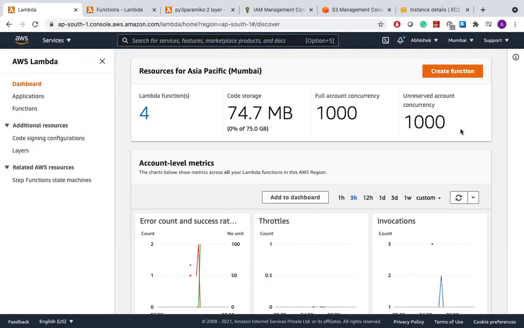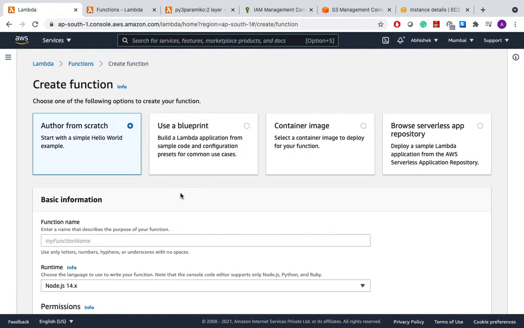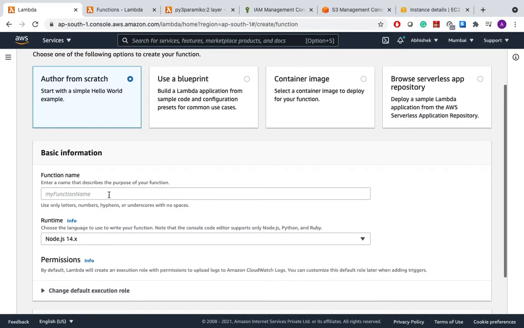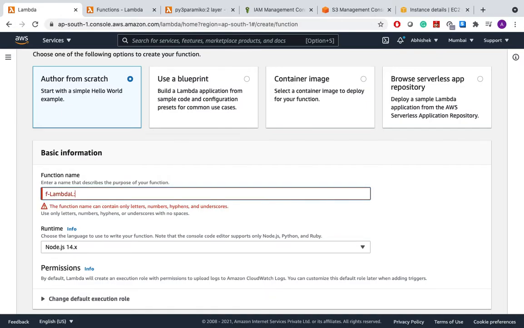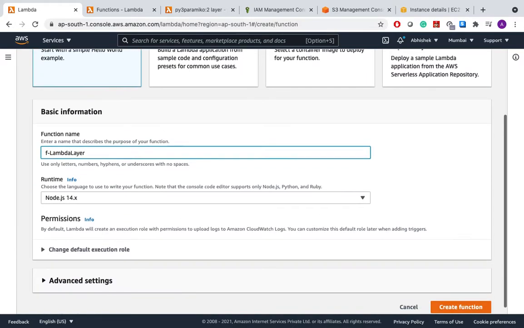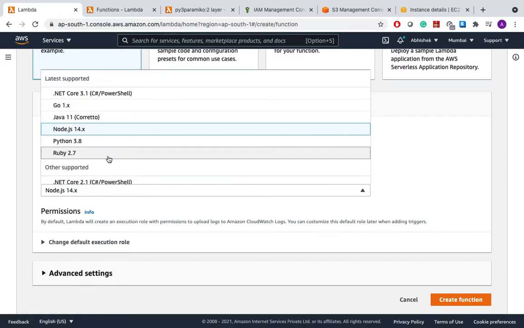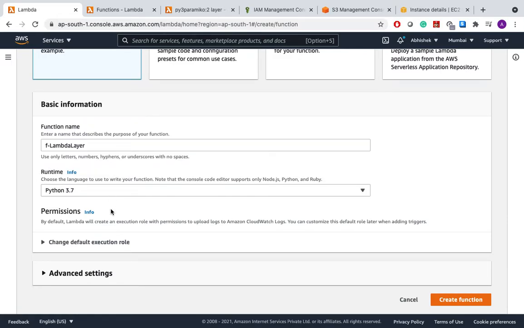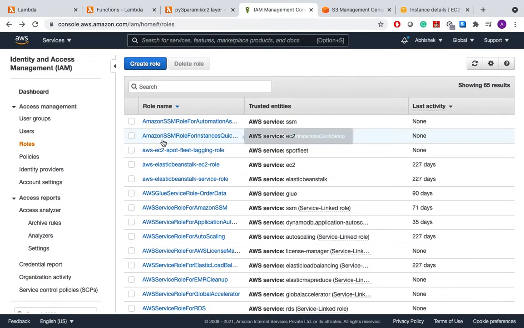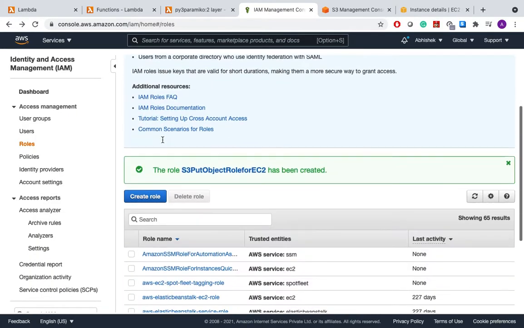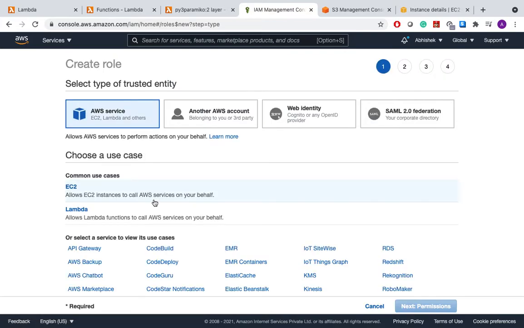So let's start with the function creation. We'll start it from scratch. I'll give a name to my function, Lambda layer. We'll choose runtime as Python 3.7. Okay, before we go with the Lambda function creation, let's create a role to execute the Lambda function. So let's start the role creation.